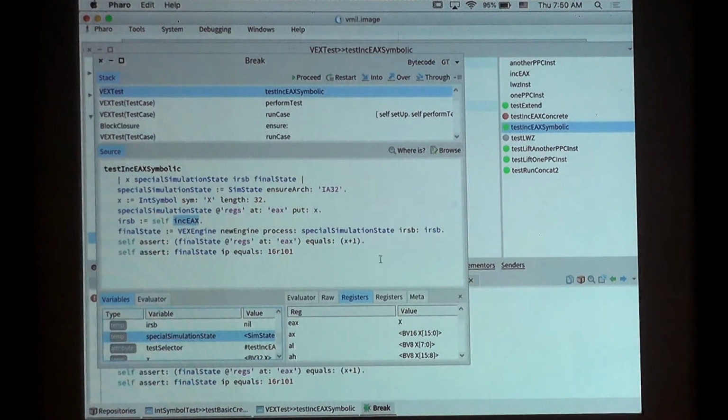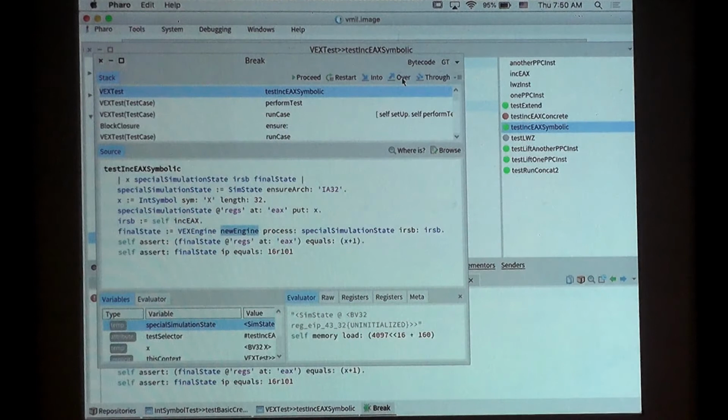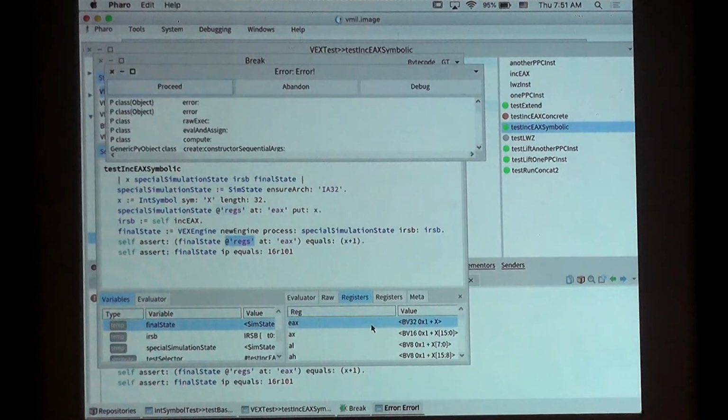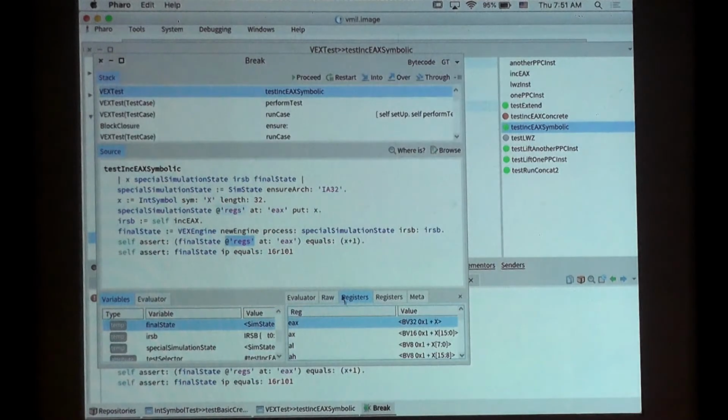So basically, the equals message on the AST is overridden in a way that I am asking a SAT solver, which right now we don't have in Smalltalk, but I will show you in the lightning talks the beginning of how our Smalltalk solver runs on this one. I'm asking the SAT solver, can you go through all different possibilities for X and find a counterexample, such that EAX does not equal X plus 1. And if it can find a model for what I'm asking for,